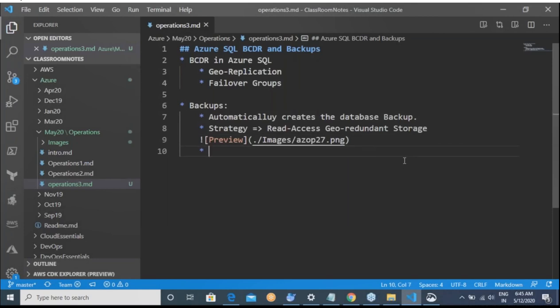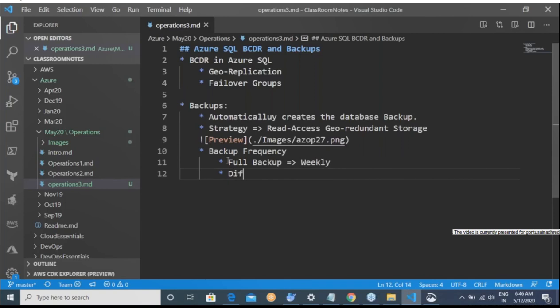But the most important question: how frequent are the backups taken? Let me write it as backup frequency. In SQL Server, there is something called a full backup. A full database backup is taken weekly. And then we have something called differential or incremental backups.